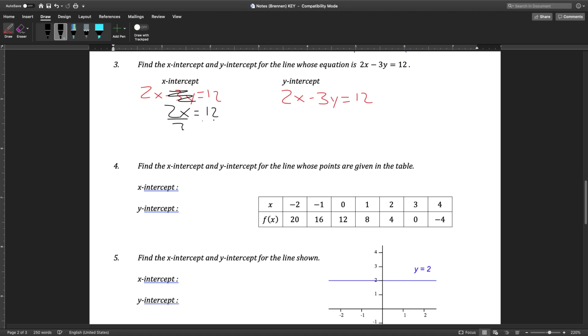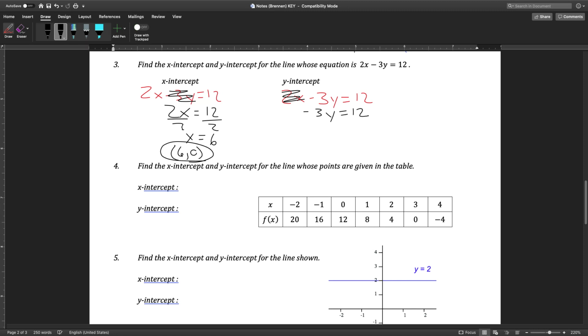I'm solving for x, so I divide both sides by 2. I get x is equal to 6. Now this is not my x-intercept because I want it to be in a point. So that is at 6 comma 0. That is your x-intercept. To find the y-intercept, you cross out your x value, and you're left with negative 3y